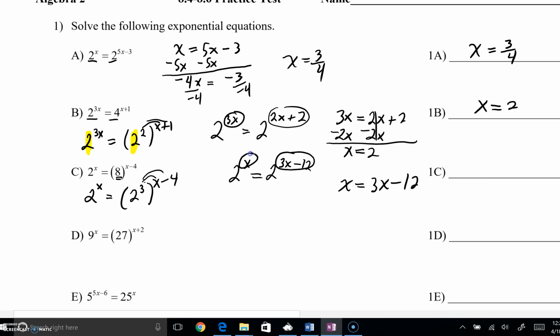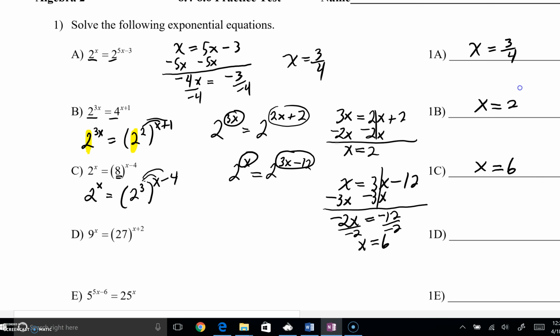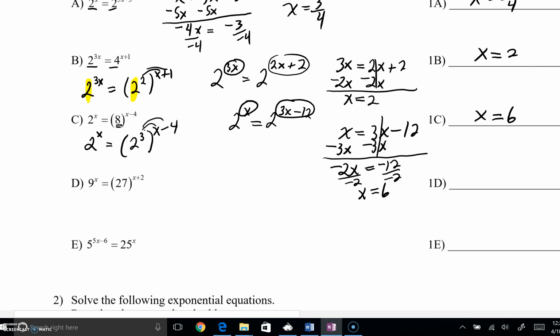Once you have the same base, you can set the powers equal. And I'm going to minus a 3x. X minus 3x is negative 2x. And then you can divide by negative 2 and quickly see that you'd get x equals 6. So that's going to be your answer for 1C. As we keep going here for letter D,